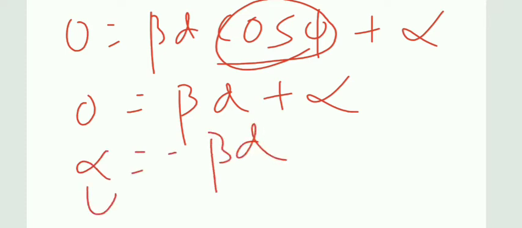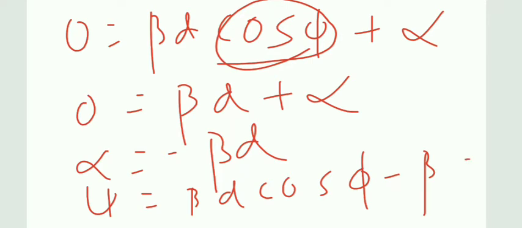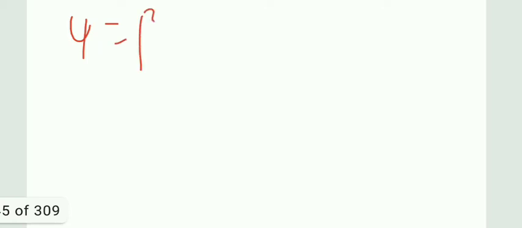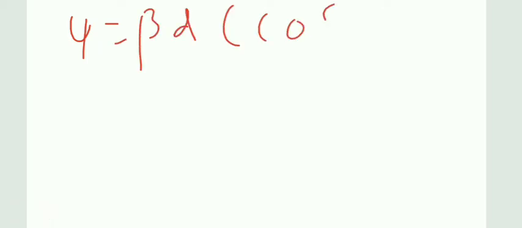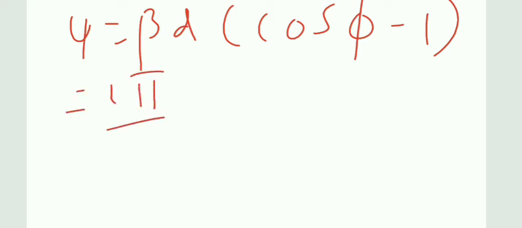So psi is equal to BD cos phi plus alpha, instead of alpha I substitute minus BD. So this implies psi is equal to BD (cos phi minus 1). I take beta d outside. Beta is 2 pi by lambda,